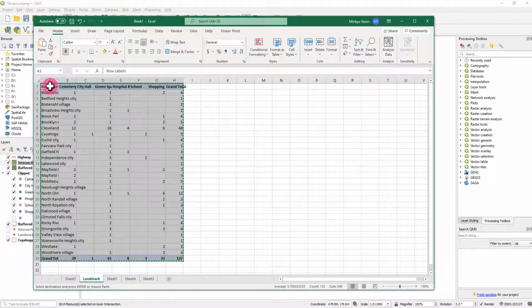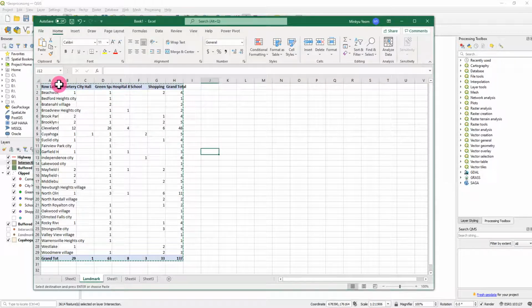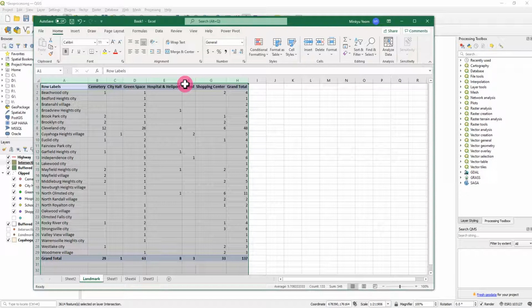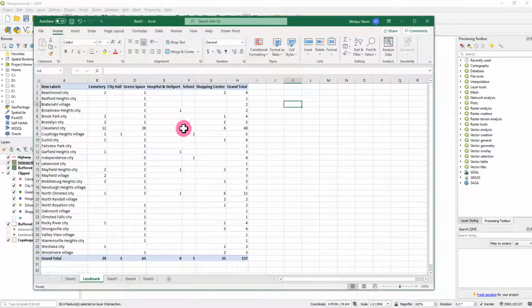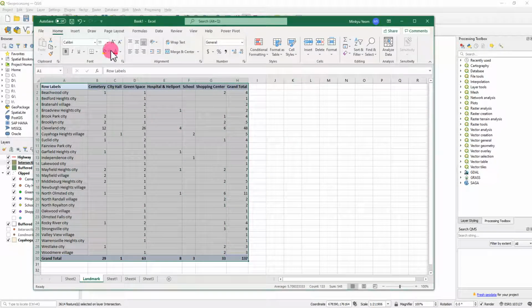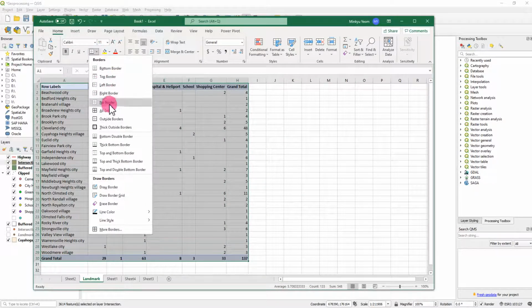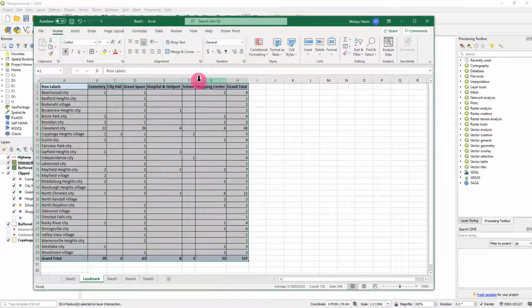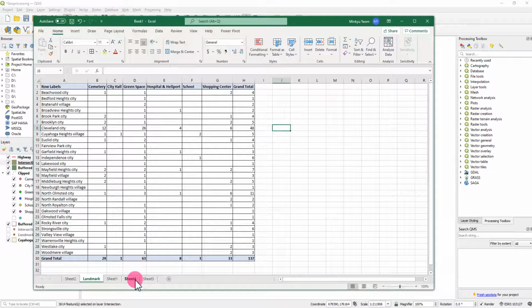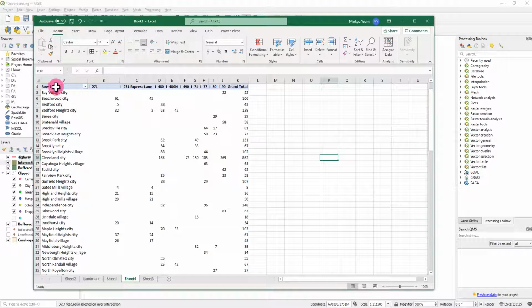Control C. Okay, then now this is for you may need to create a table. This one, okay, this one